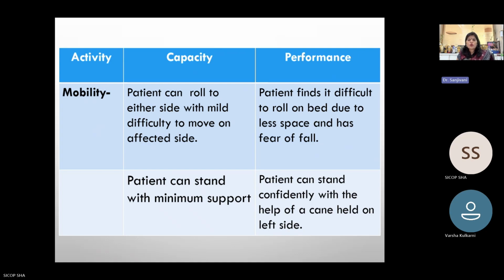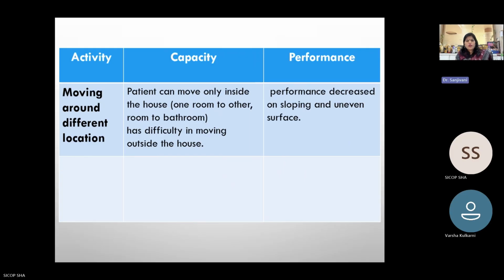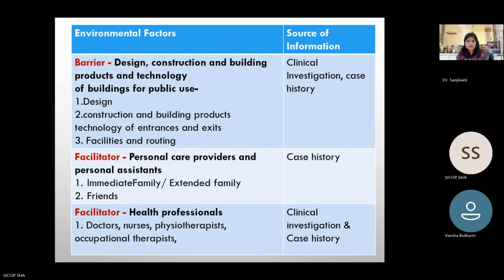Okay, means if you ask him to stand at home, maybe even with capacity, his performance will be poor because of environmental barriers. So there barriers and facilitators will matter, but here we have to work with capacity and performance. So capacity and performance will matter according to your environment setup and all your support. Okay, next. This is again one of the examples for capacity and performance. Next. Yes. So now barriers and facilitators.